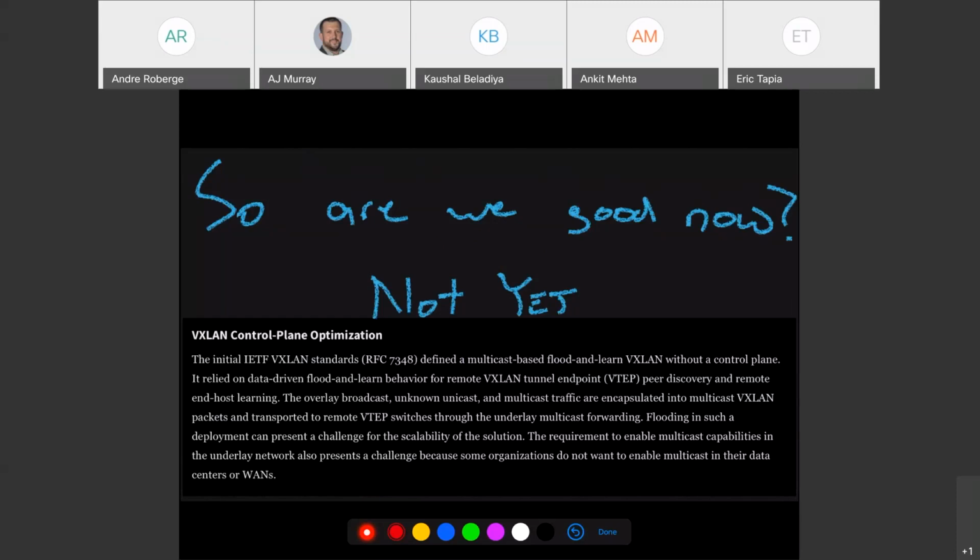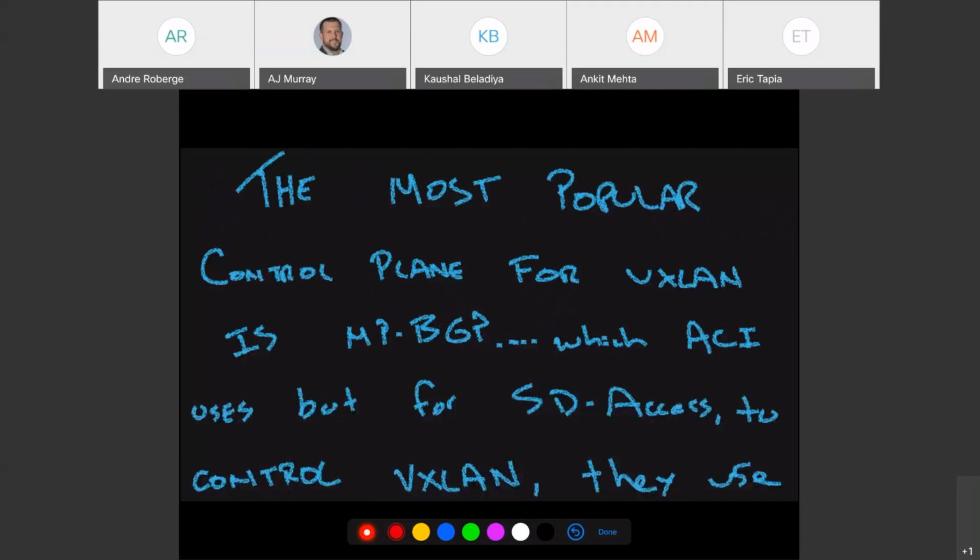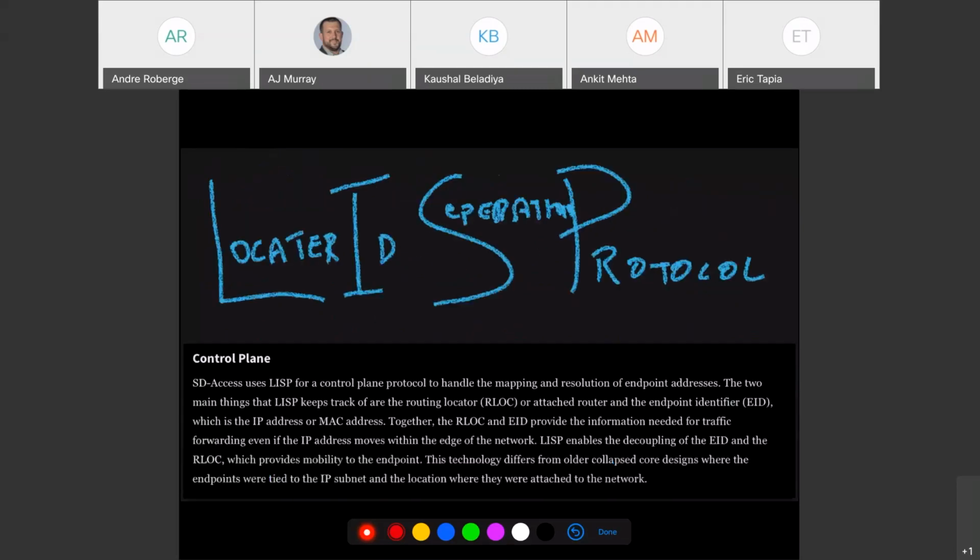So the most popular way to do this is multi-protocol BGP, but in SDA, we do not use multi-protocol BGP. I was talking to a Cisco SDA guy on Twitter, and he said it had to do with multi-protocol BGP being a push method. So if it learns a route, it's going to push it out to every endpoint. And that's still too busy if you have a big network. So they use